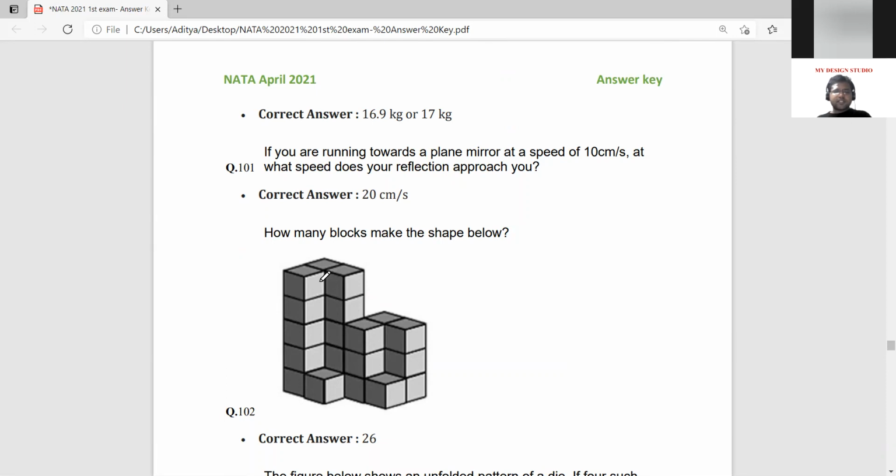Next, the question is how many blocks are appearing. In this case, we mark out the top surfaces of each and every block and find out how many cubes are there. For example, in this case we have got 5. In the back case, we'll again get 5. Here we'll again get 5. This is 1. Then again, this has got 3, this has also got 3, this has also got 3, and this has got 1. So this part becomes 16 and this part becomes 10, and therefore 26 is the number of cubes that we can see here.